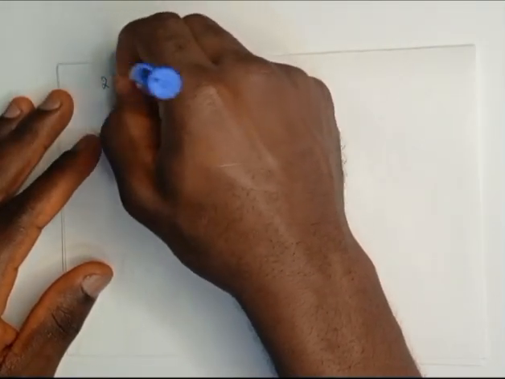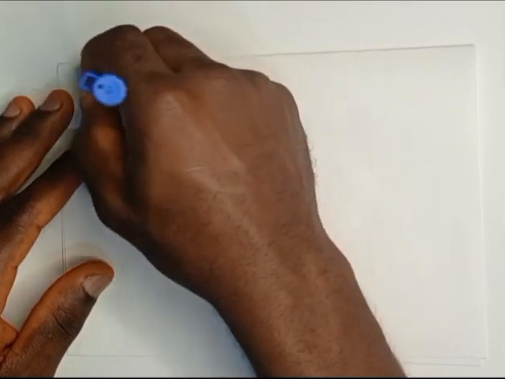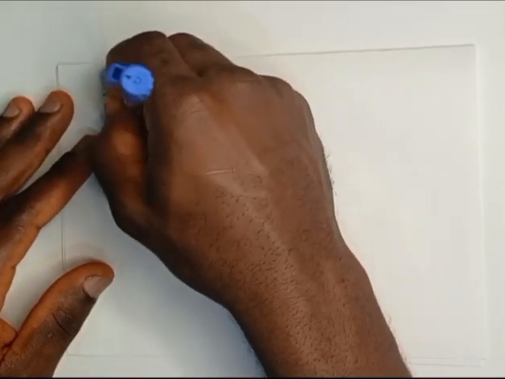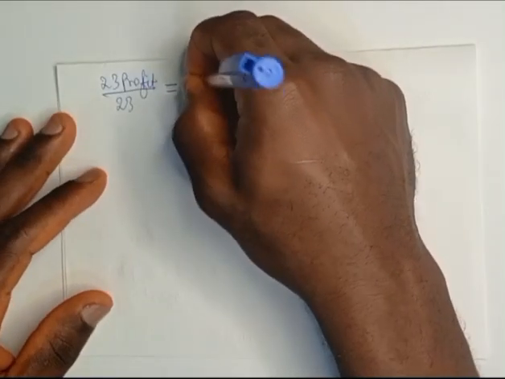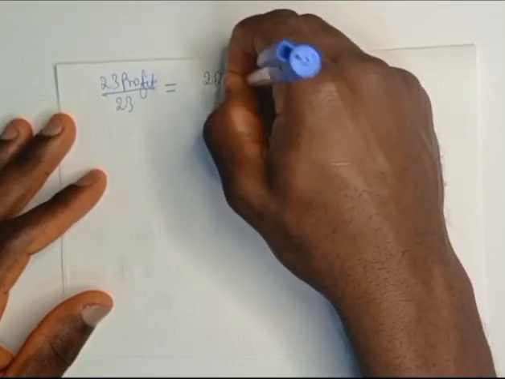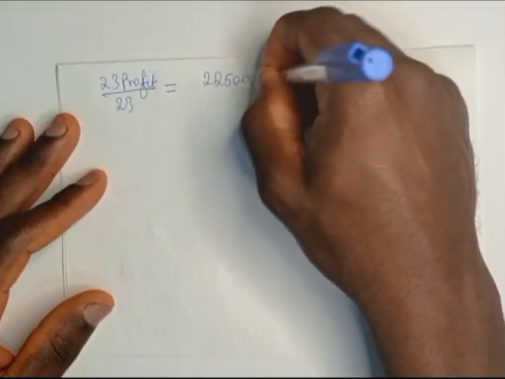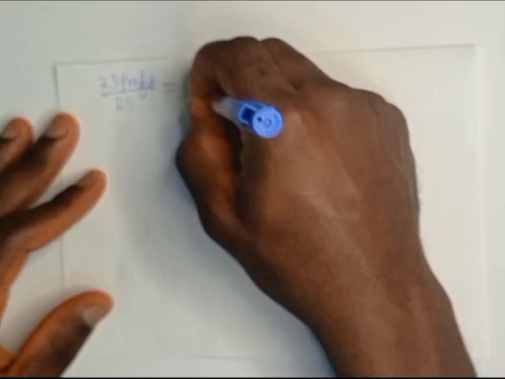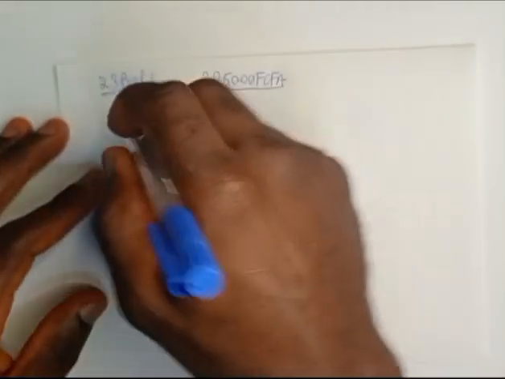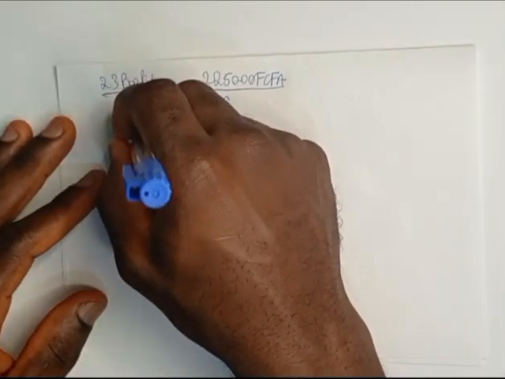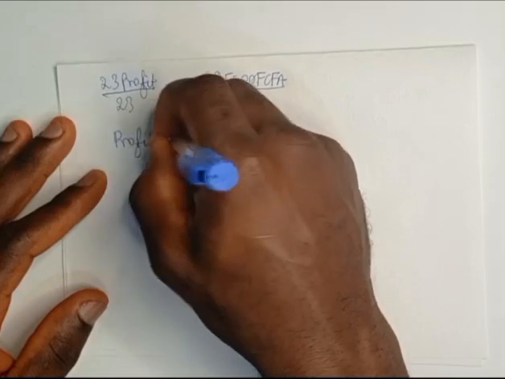23 profit divided by 23 is equal to 225,000 francs CFA divided by 23. This will give us the profit to be equal to,